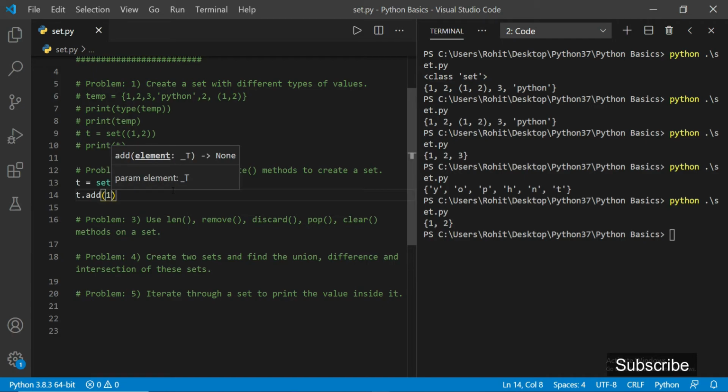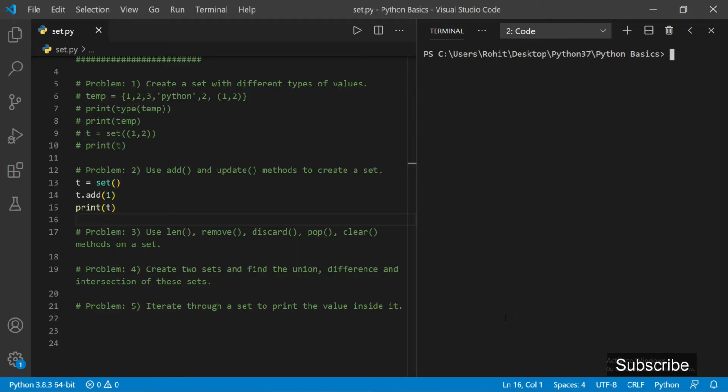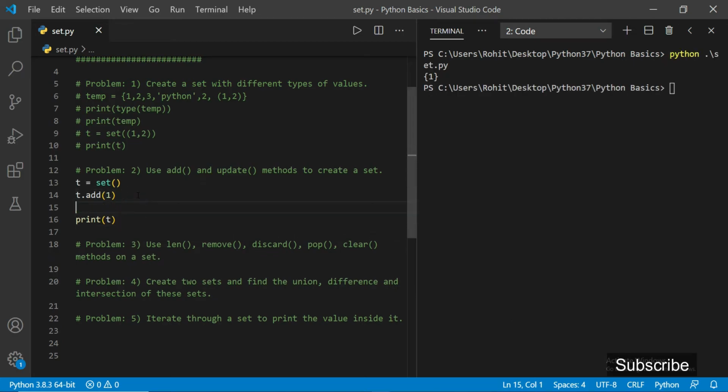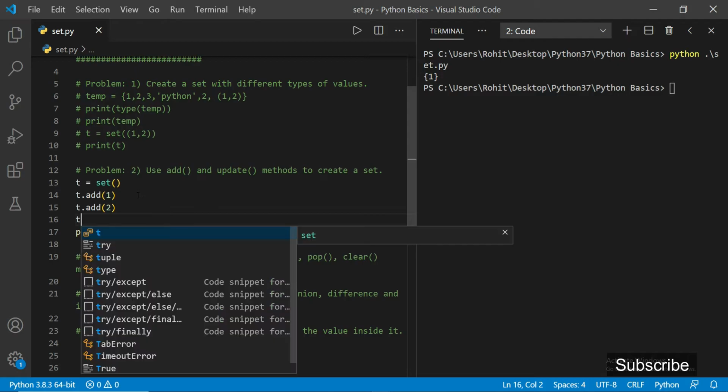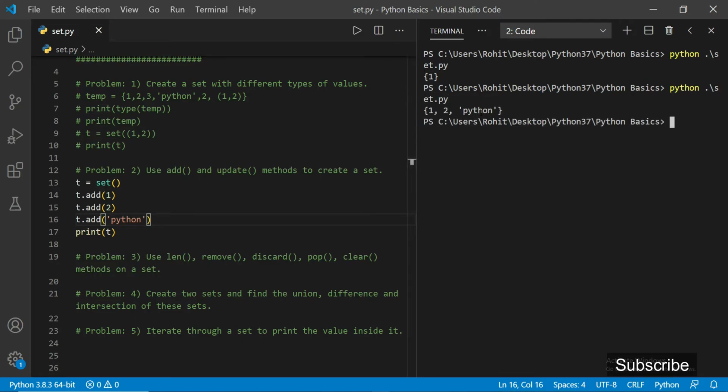If I provide 1 and if I print t, then I will be getting a single value. As you can see, we have got a single value. To add more elements, we have to add them using the add method again. t.add, I will be providing a string here, and we will be getting these values, 1, 2, and Python.